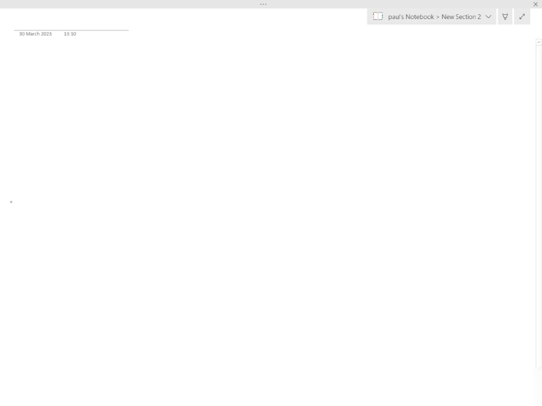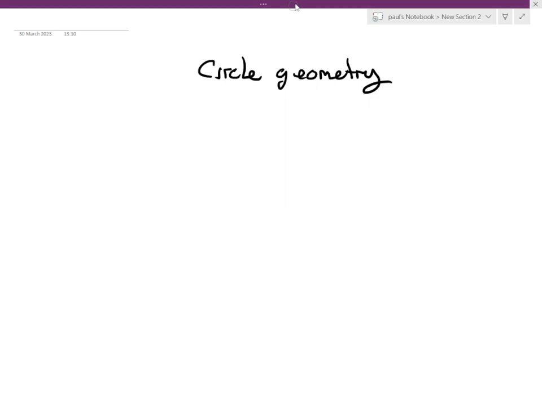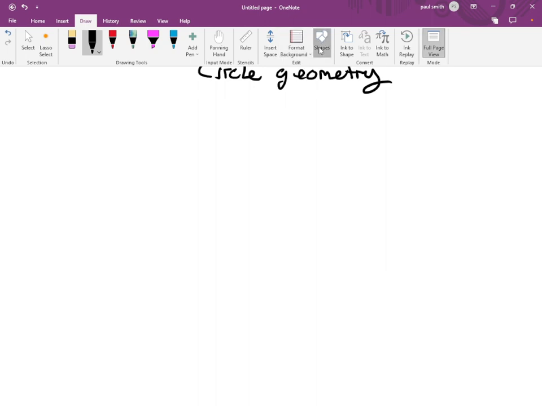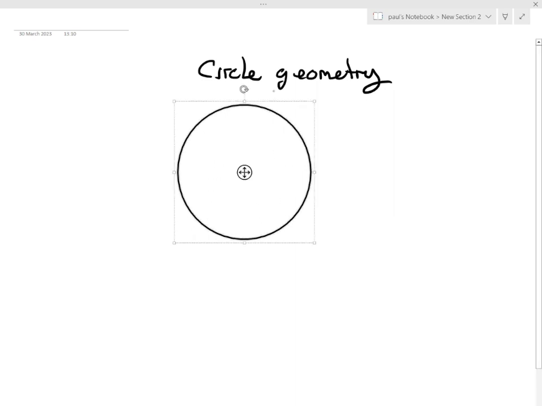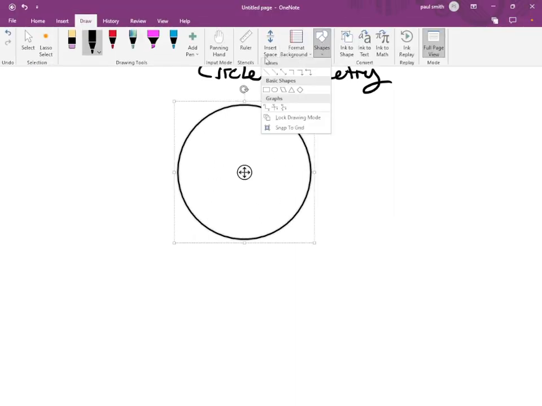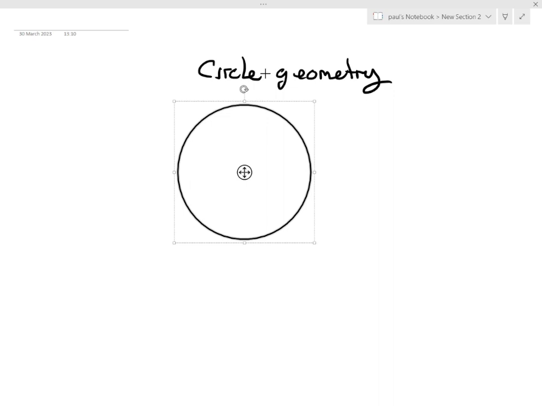And this one is going to be circle geometry. Circle geometry. Something happens when you put shapes inside circles. So let's have a look at the first one. And there are some things to remember. Of course, there's a circle, and we draw a